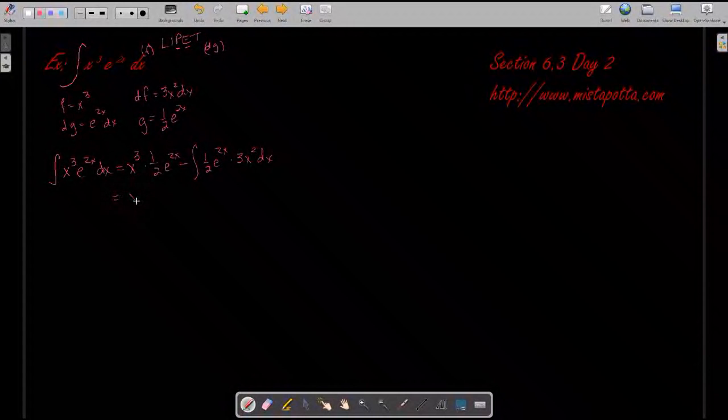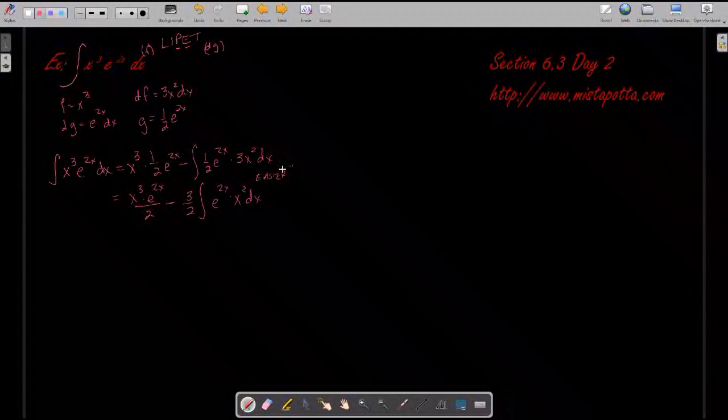This is really x cubed times e to the 2x over 2 minus, and I can take this 1/2 and the 3 out, giving me 3 halves the integral of e to the 2x times x squared dx. And I end up with something that's easier,